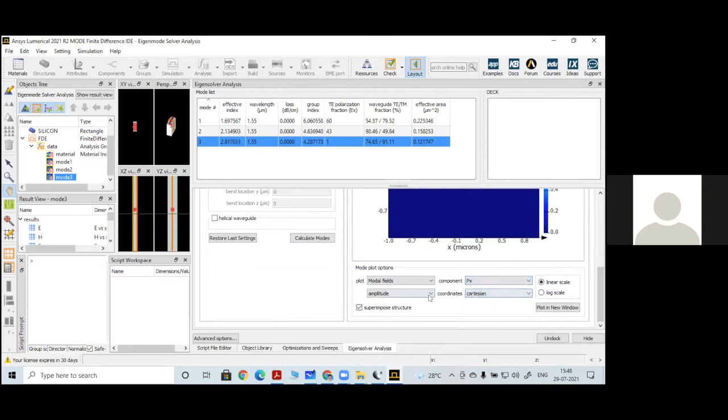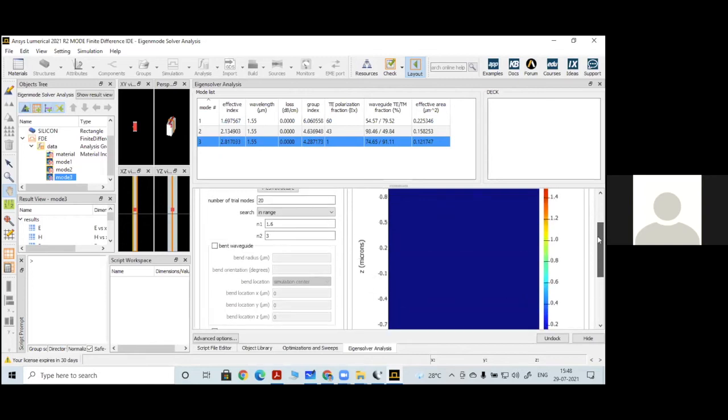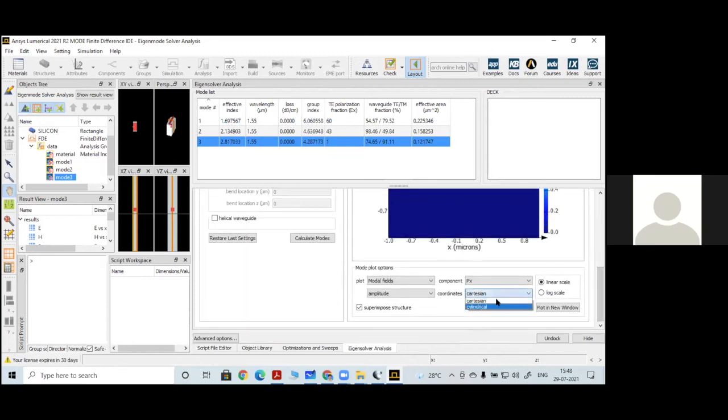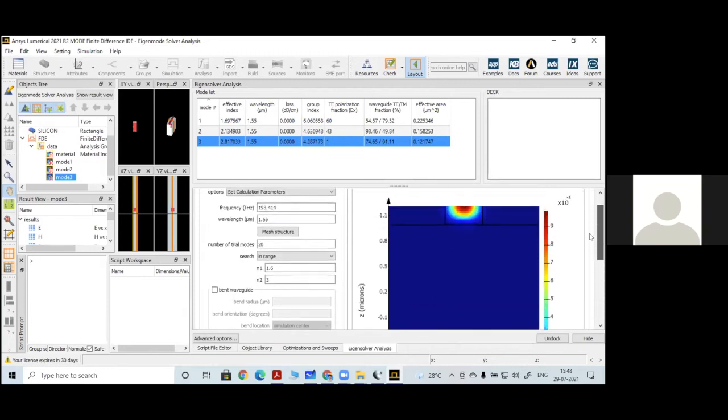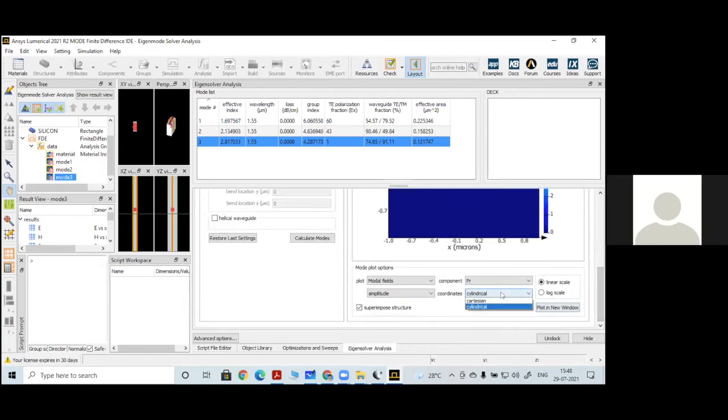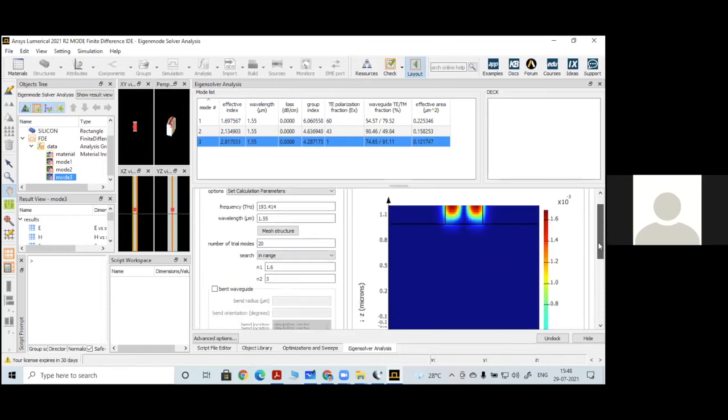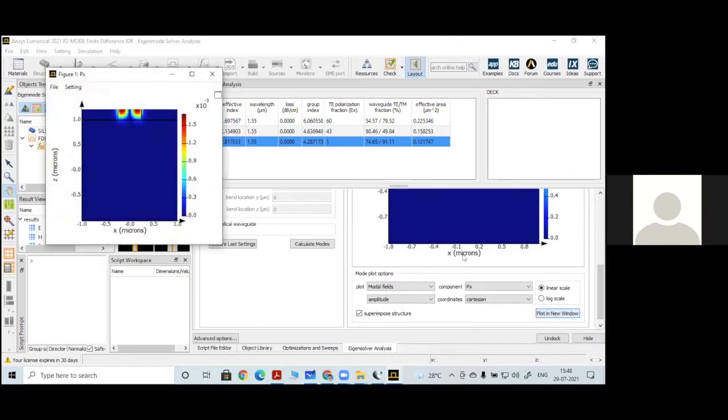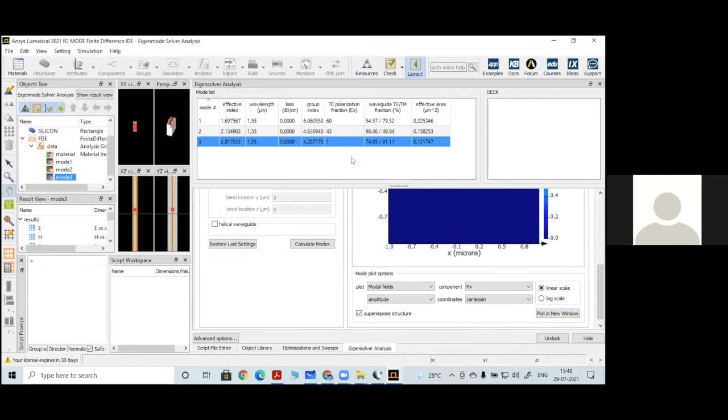Okay, these are on a linear scale. So this is the default Cartesian coordinate system. Even if you want to see this in cylindrical coordinates, you can just change the coordinate and check it. So this will be shown in the respective cylindrical coordinate system also. By default, we will observe all the model results in Cartesian coordinates only. If you want to see this particular result in a new window, you can always do that. If I click on new window, this will be plotted, and this file can be exported to JPEG, and we can use this result. Okay, this is one way of seeing this mode confinement.